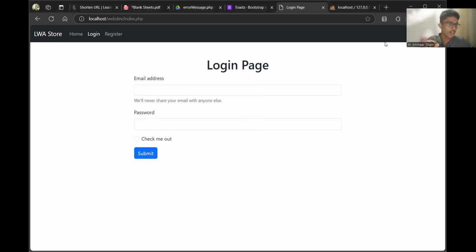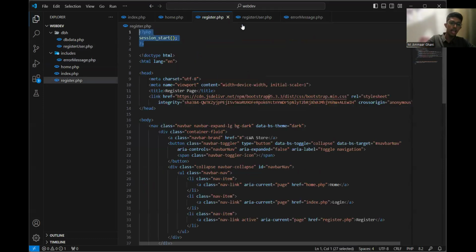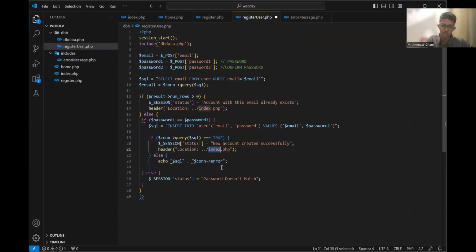Okay, so you all saw an error message which displayed there. In that same manner, we will include the error messages for the other things also. Now, after the user has successfully created a new account, we should send the user to a page called the home page. If the user's password is not matching, then we are going to send him to the register page again, asking him to